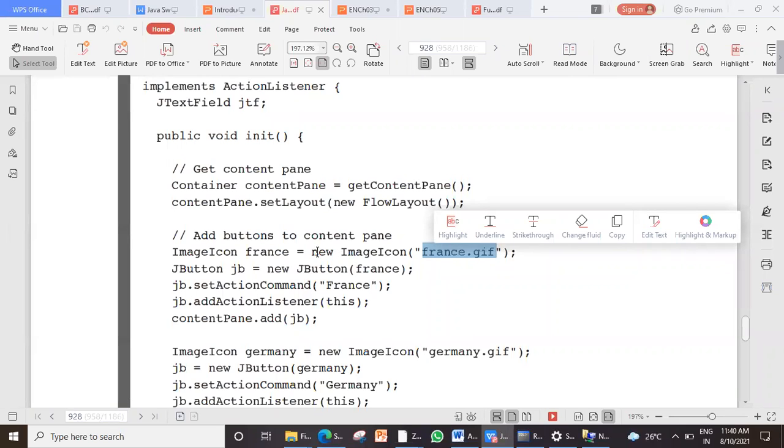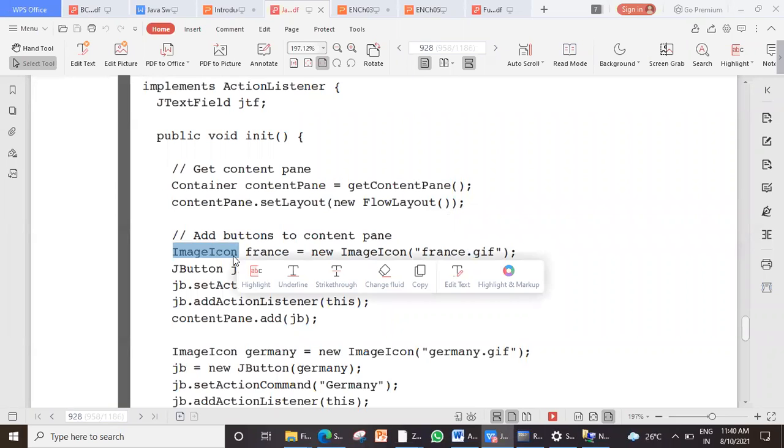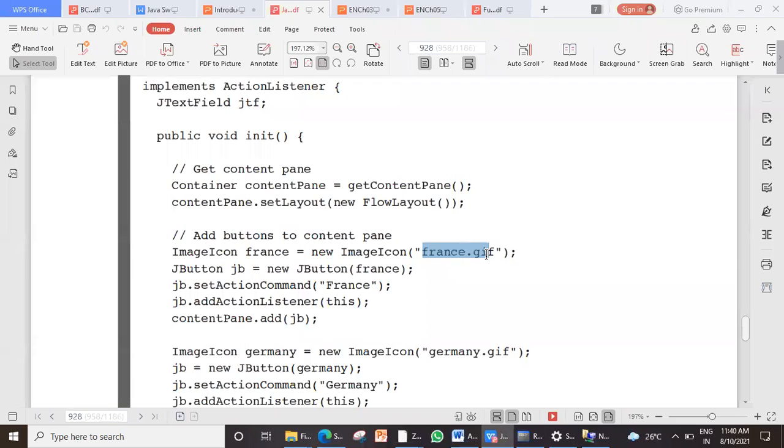It should be converted from GIF format to ImageIcon format. ImageIcon is a ready-made class whose object, when you create it by passing this image name as a parameter, automatically converts it to icon form from GIF.